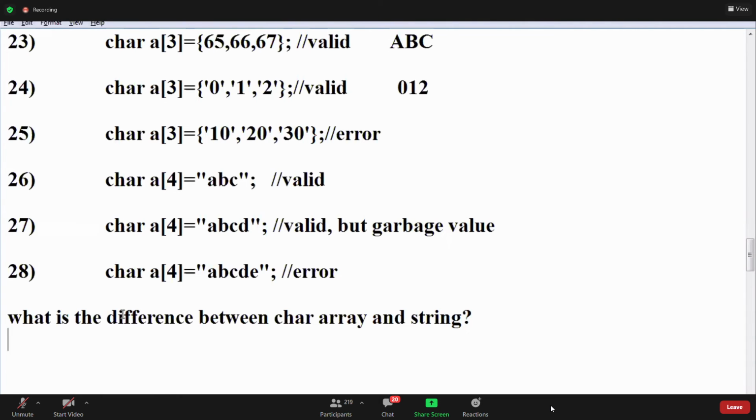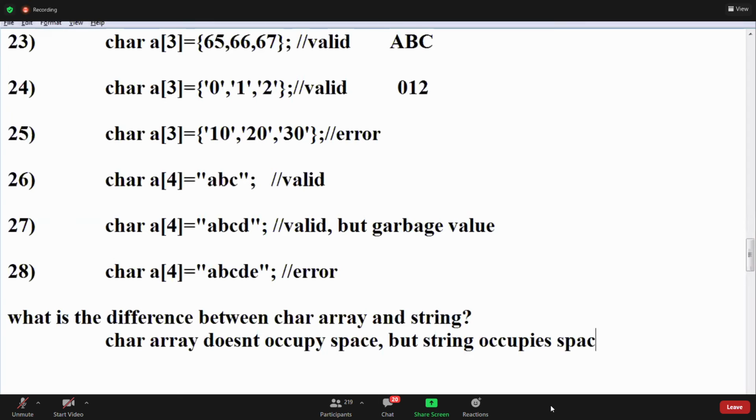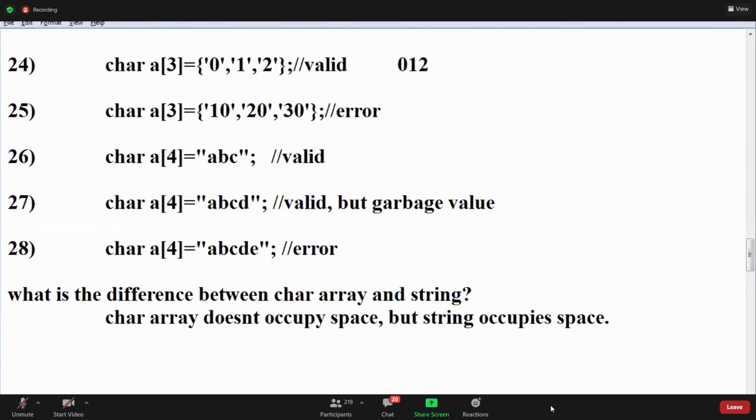A character array doesn't occupy space. But a string occupies space. Okay, that is the difference.